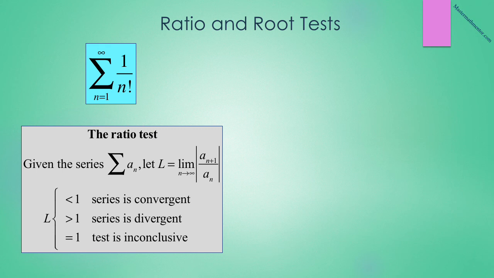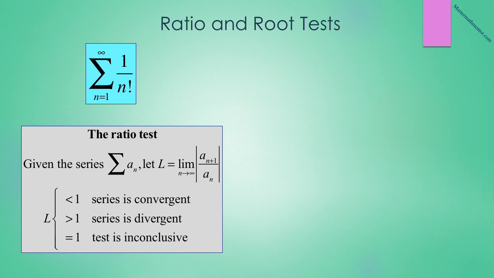It is basically a comparison of the n plus first term over the nth term. If L is less than 1, our series is convergent. If L is greater than 1, our series is divergent,